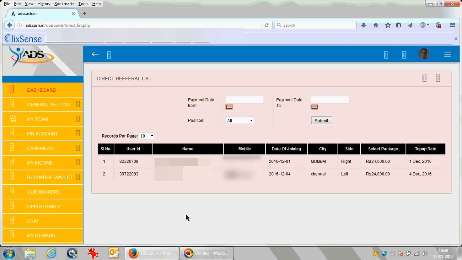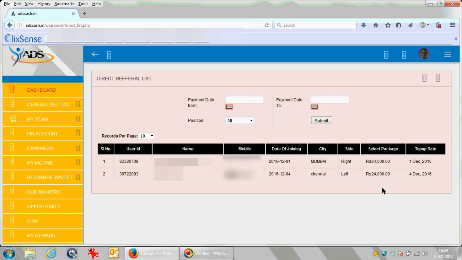Make sure you make both of them join with the same package what you have joined right now, so that booster would be activated for you, and also you will be earning 5% commission of the value for which they have joined. In this case, they have joined for a package of 24,000, so you would be earning 5% of 24,000 as your incentive, as a direct referral income.